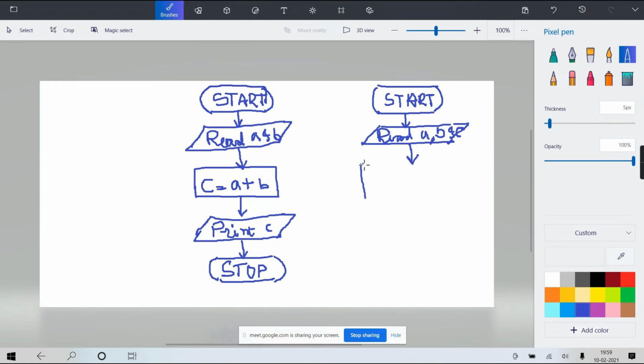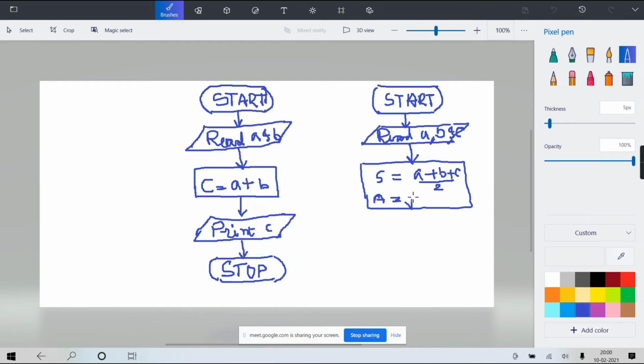Now two calculations we have to do. One calculation is calculating S, which is A plus B plus C by 2, and then calculating area,